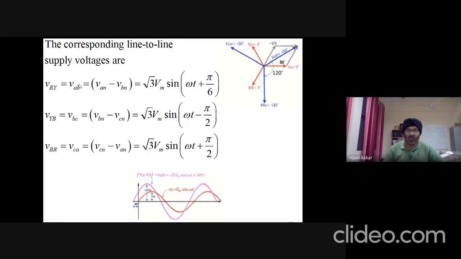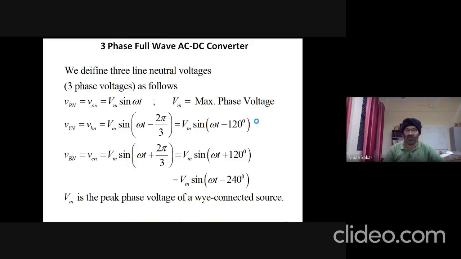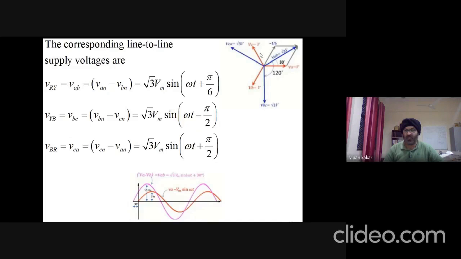Now if we want to find out VAB, which is VAN minus VBN, it's √3 times Vm sine omega t plus 30 degrees. From here we can see that the vectors in red color show the phase voltages VA, VB, and VC, as we saw here. VAN, phase A with respect to neutral, phase B with respect to neutral, phase C with respect to neutral. So these are the voltages for all three phases, 120 degrees apart, which are shown by the red lines over here. And now these three vectors shown in blue are the